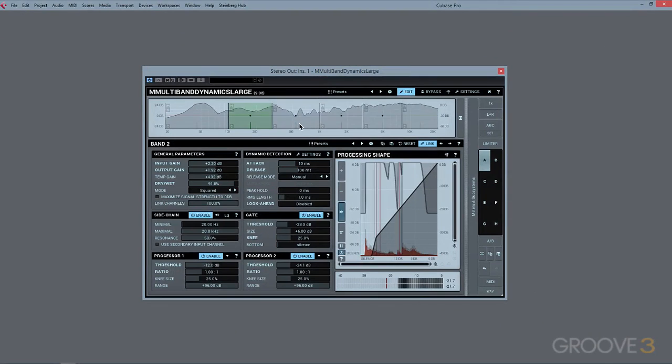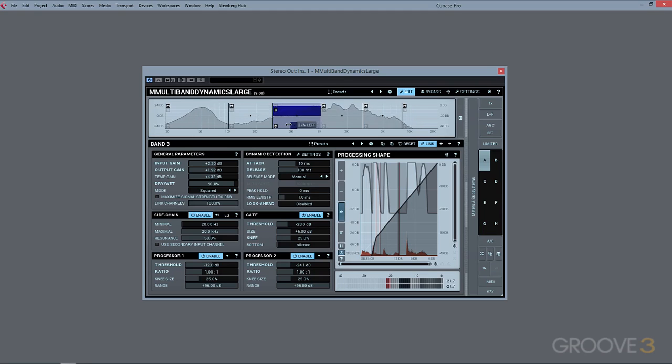The crossovers are easy to adjust. Just click and drag the middle node up and down to change the frequency range, and move it from left to right to change the frequency, just like an EQ. Solo, mute, and bypass the bands to audition them, and change the gain of each band by moving the divider up and down. Perhaps one of the greatest features is the ability to pan the bands from left to right